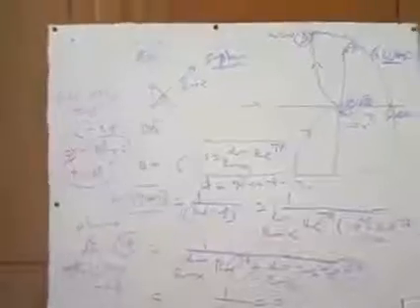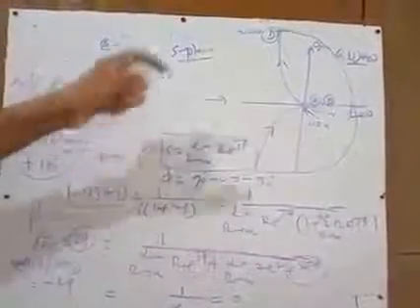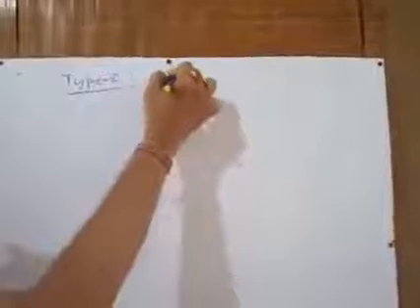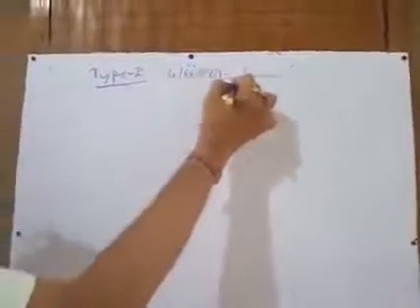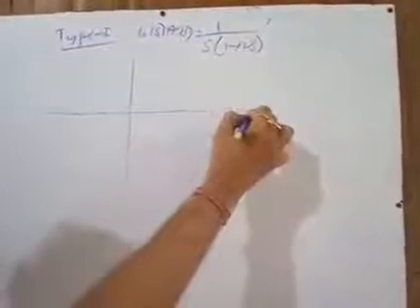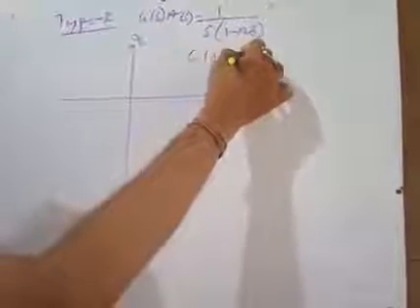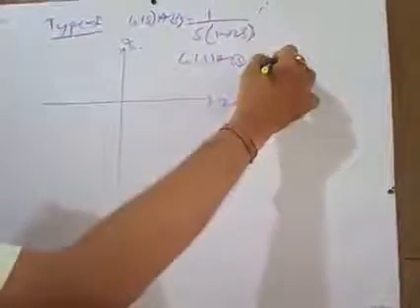The next step is to get the stability once you get the Nyquist plot. So the Nyquist plot is obtained. Next we will discuss the stability of this system. The type 1 system we have considered is G(s)H(s) equal to 1 over s(1 plus 2s). This is your real axis, this is the imaginary axis, this is the G(s)H(s) plane.